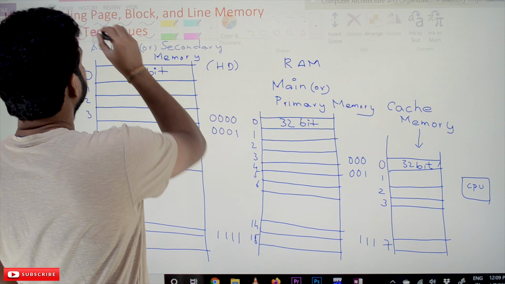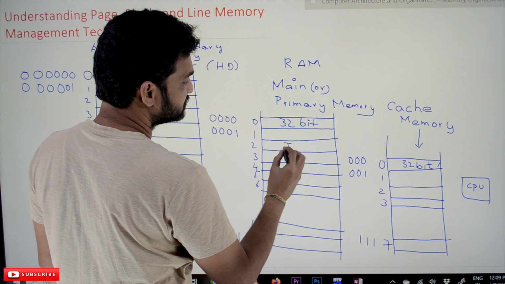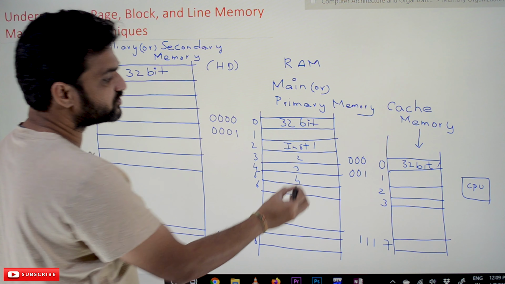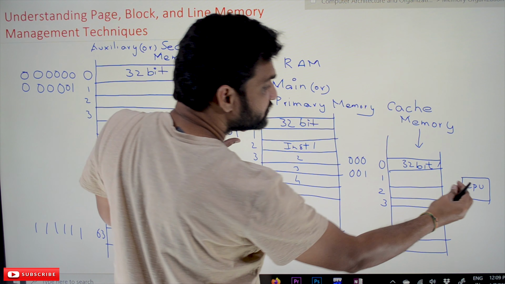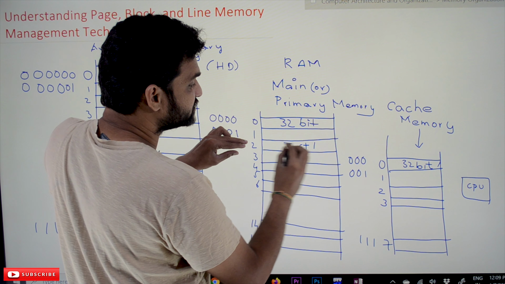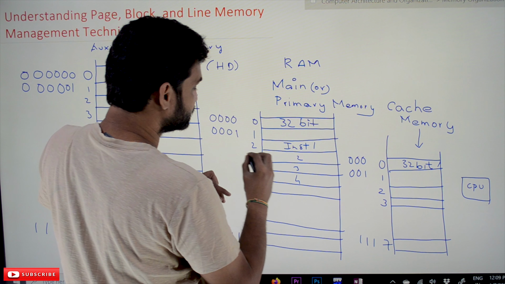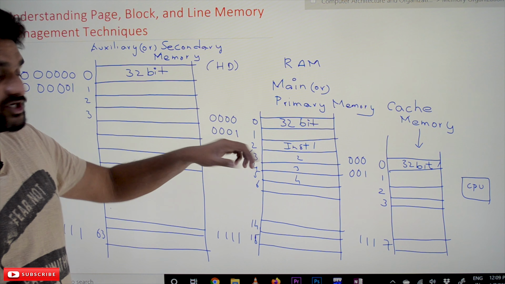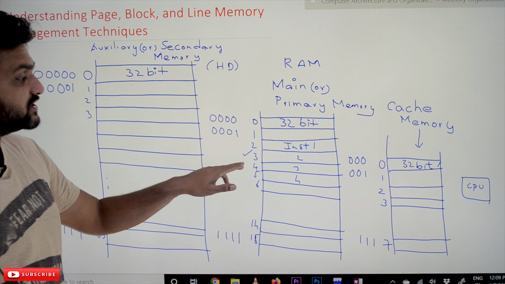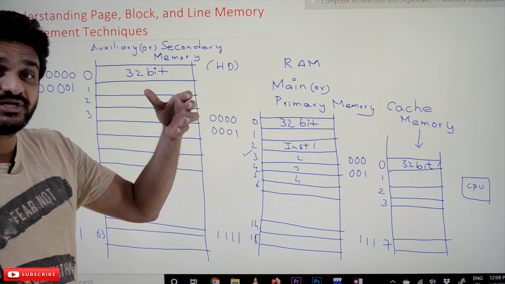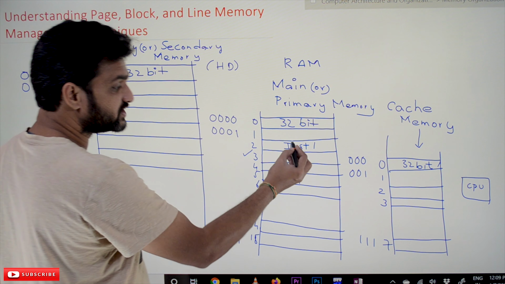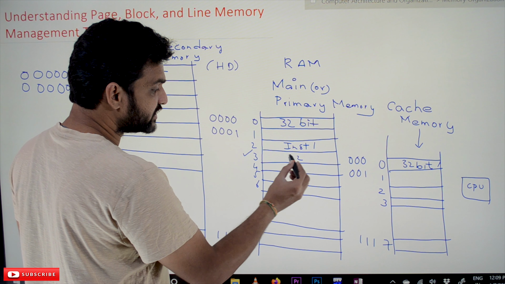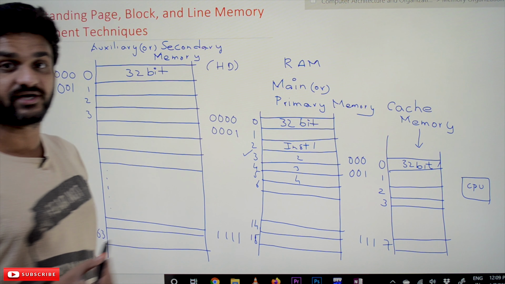So whenever the CPU wants, for example, let's assume a program is getting executed on the main memory, with instructions 1, 2, 3, 4. So this is the program that is getting executed. The CPU is executing instruction 2. After that, it is going to ask for the instruction stored at memory location 3. Instruction at memory location 2 is getting executed. Next, in most of the cases, it is going to ask for the next one. I want to get the information that is stored in this third location.